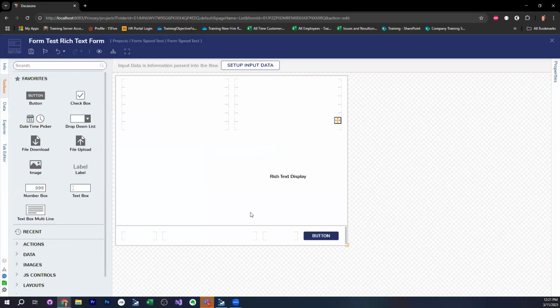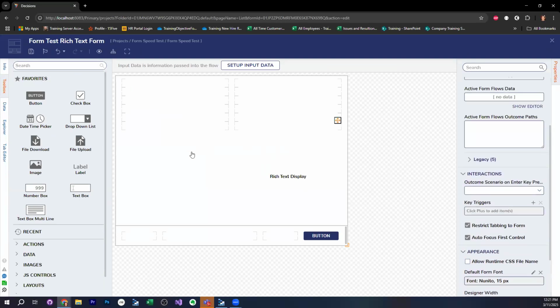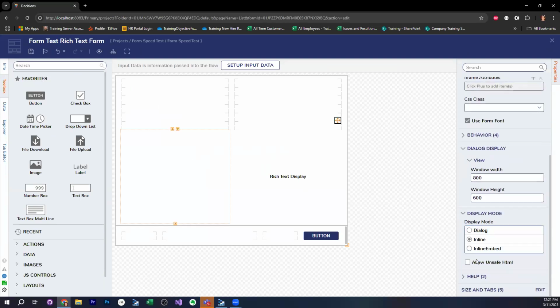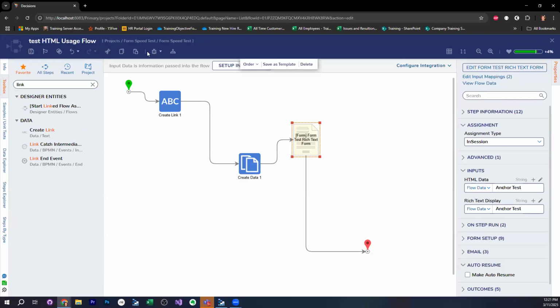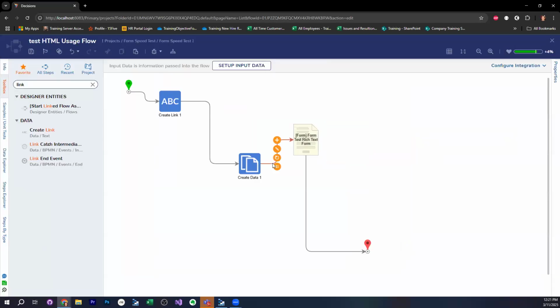One more test, and then I'll pass it back over because I know we have another pre-submitted question we've got to answer. I just really thought if we did inline embed, allow unsafe, I don't think it's going to matter, but we'll see. And I do have one quick follow-up question when you're done. Yeah, looks like it doesn't work. All right, what's your quick follow-up? Go back to the form.